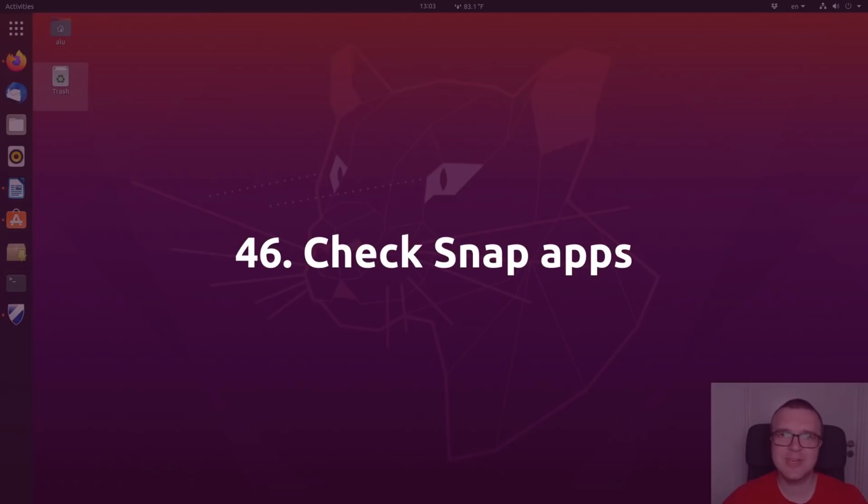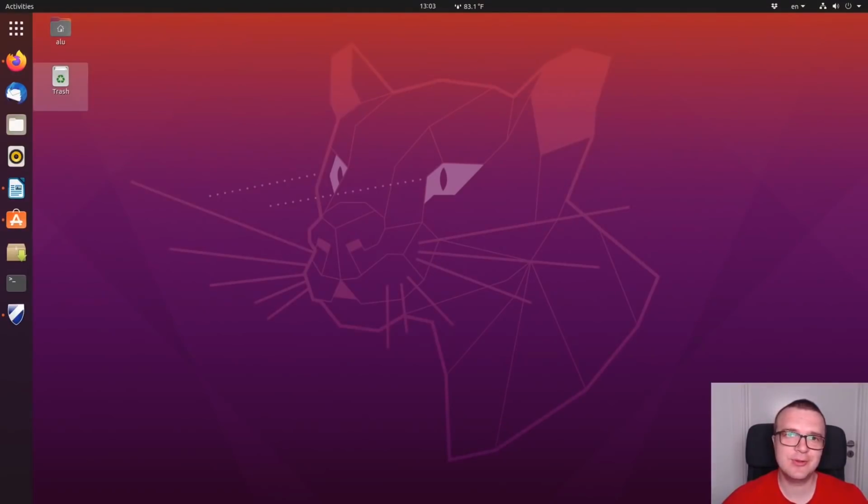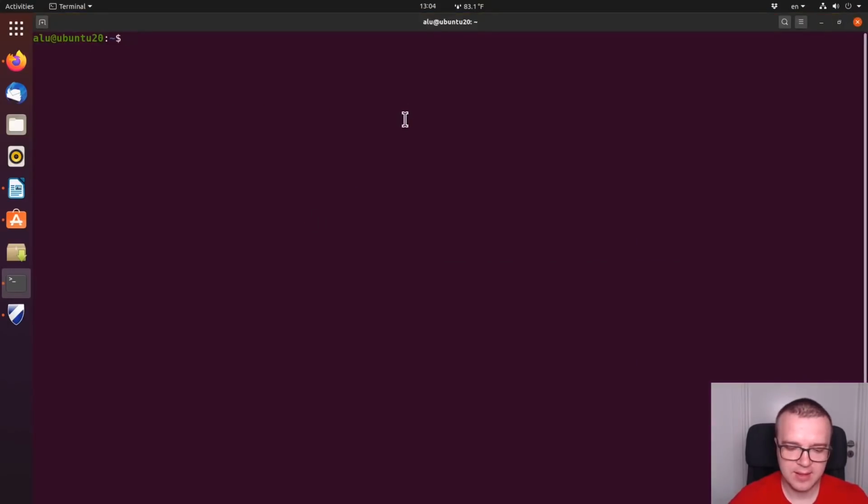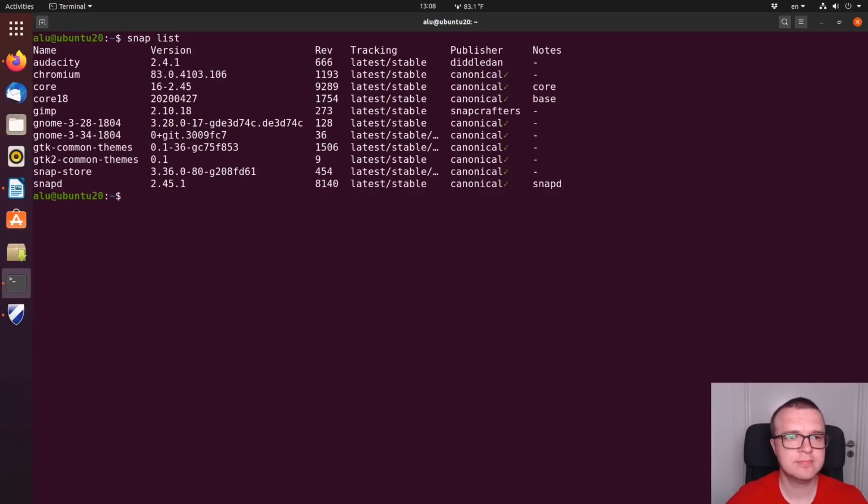Another advanced option which I would like to show you is how to list all the installed snap packages, and let's say you want to replace a snap package with a deb package. I have talked about snaps in my Ubuntu 20.04 review, which you can find in the description. So you open terminal, let's make it full screen, and then you just type snap list, and you will see all the snap packages installed on your system. For example, here I have Audacity, which is installed as a snap package, but I would prefer to use a Debian version of this package. So to remove it, I type sudo snap remove